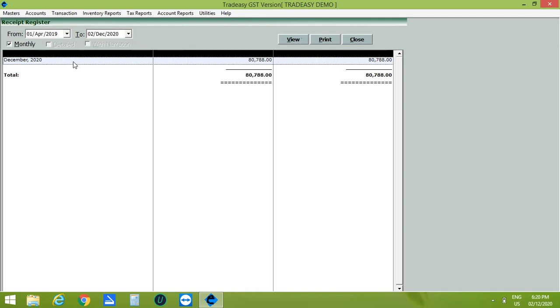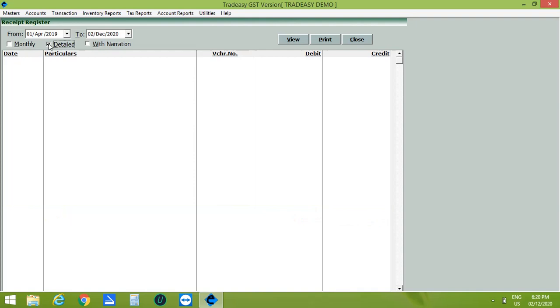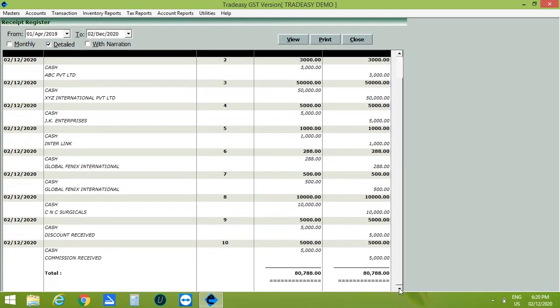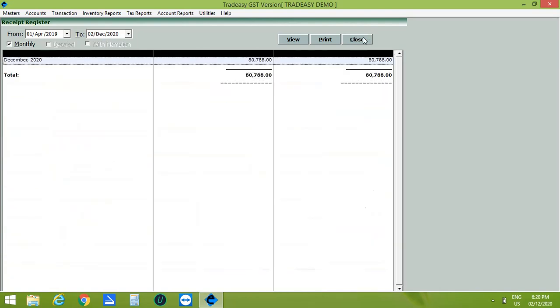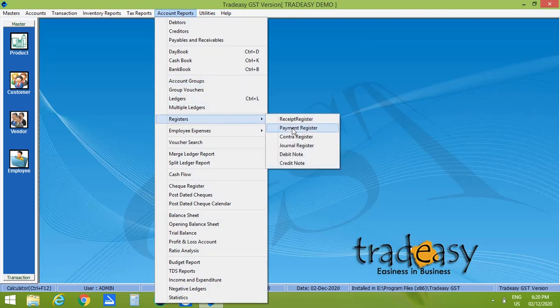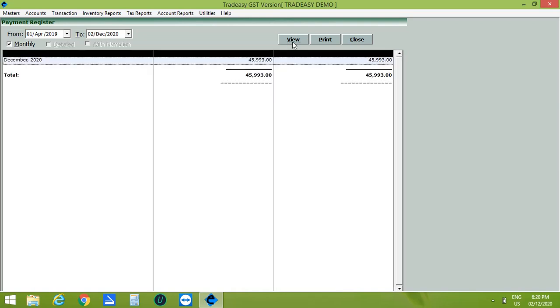From here, select the date range and click on View. You can also view this report by selecting the Detailed or with Narration option. In the same way, you can view the payment reports. So, this is the payment register.